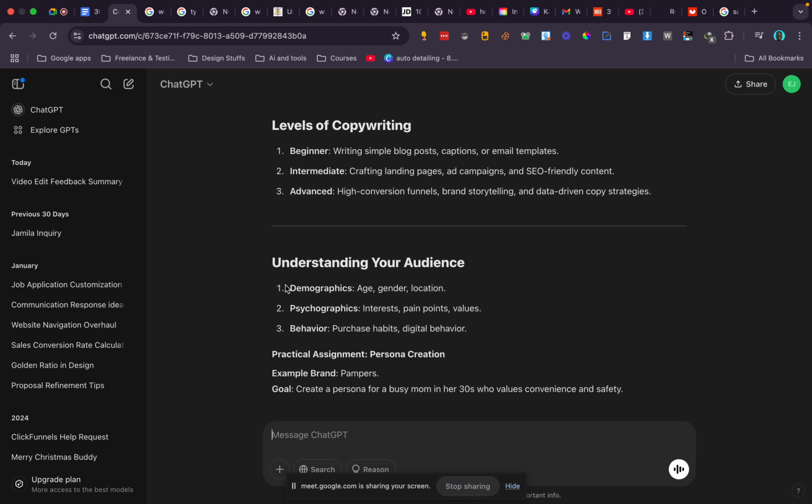So they need to know demographics: what is their age, what's their gender, what's their location. Then you need to also understand psychographics. What are their interests? Is their interest in looking at how their pension can be converted to something tangible, like an investment into land, buying of lands or landed properties?